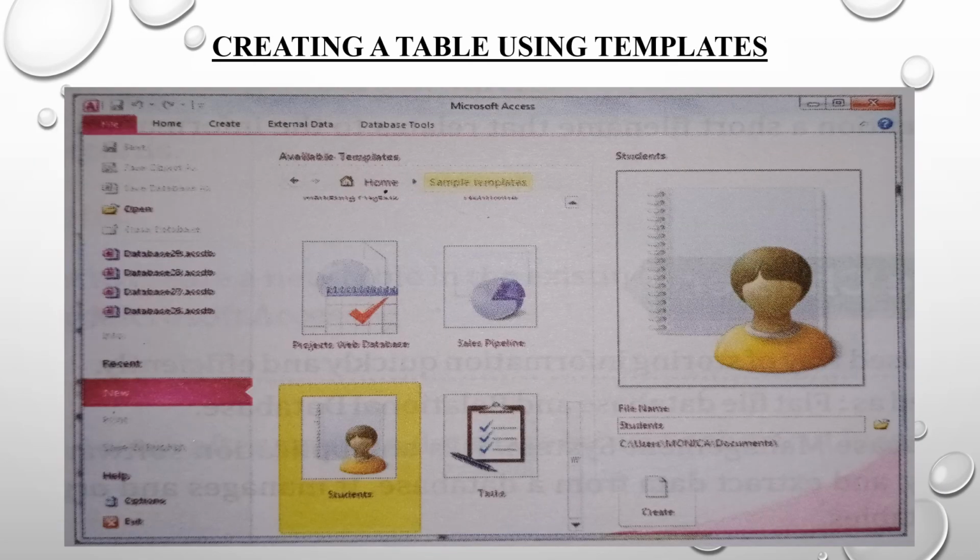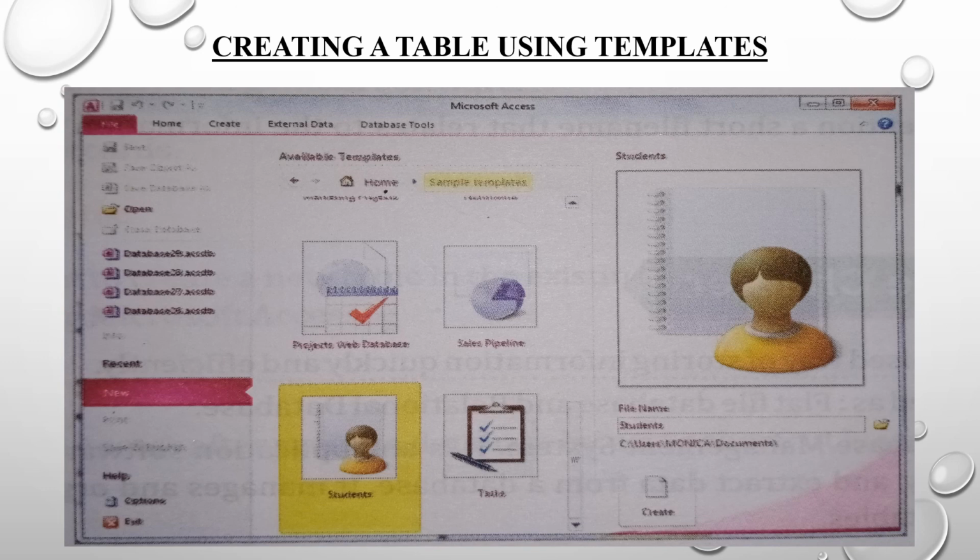Now let's see how to create a table using the template. One of the easiest ways to create a table is to use a template. A template is a ready-to-use database that contains various types of tables, queries, forms, etc. needed to perform a specific task. For that, click on the Microsoft Access 2010 button.